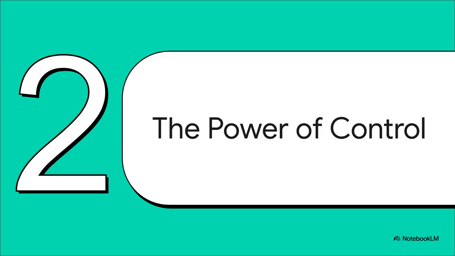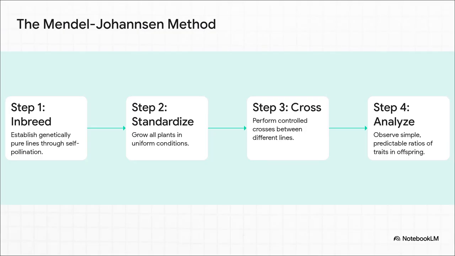And how he achieved that was, frankly, revolutionary. He and Gregor Mendel before him, they created this incredibly powerful system. First, you create pure lines of plants by inbreeding them until they are genetically identical. Then, you grow all of them in perfectly uniform conditions. Same soil, same water, same light. It's only after you've eliminated all that other variation that you make your controlled crosses. And voila, that's when you see those simple, beautiful, predictable ratios, like the famous 3:1.